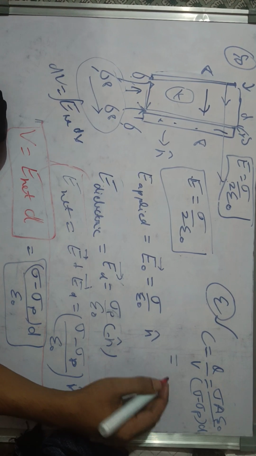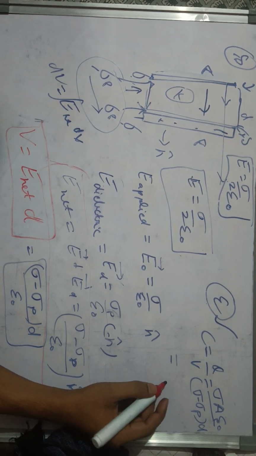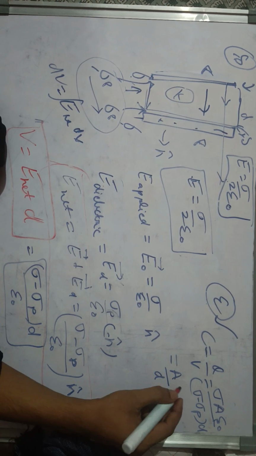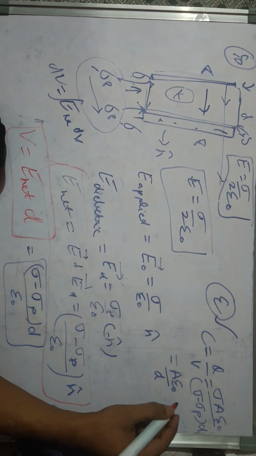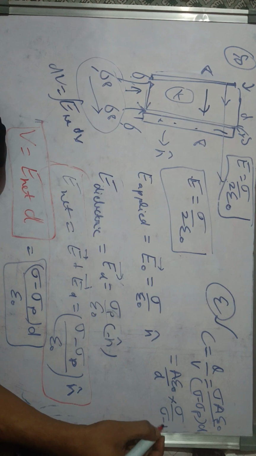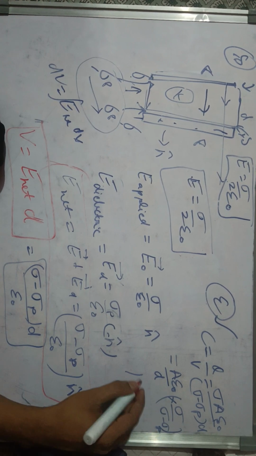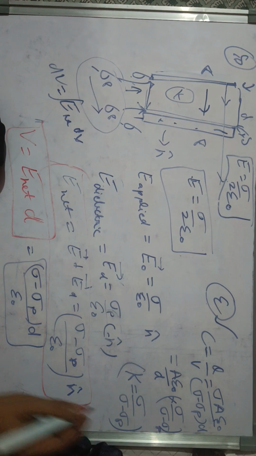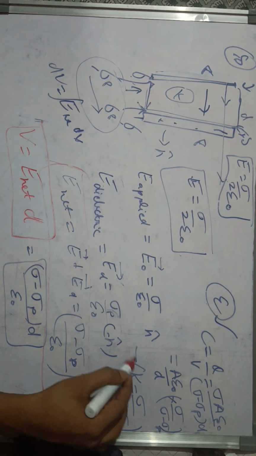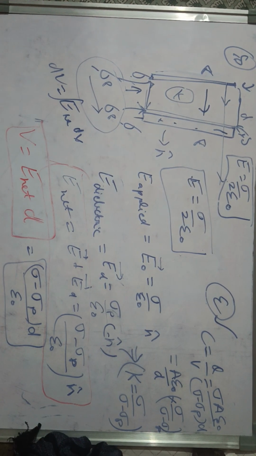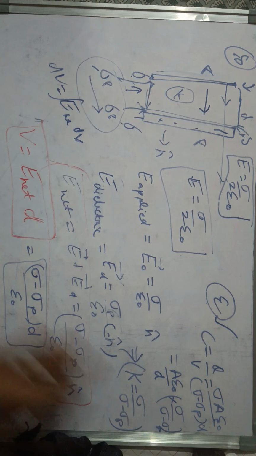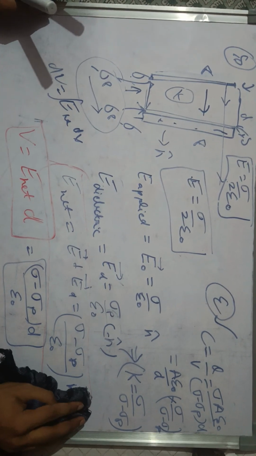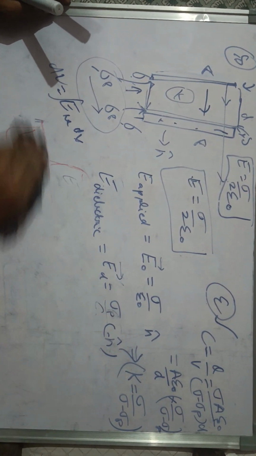Now this value is equal to epsilon naught A by D into sigma upon sigma minus sigma p. The dielectric constant is equal to sigma upon sigma minus sigma p. That is the result here. This ratio, sigma upon sigma minus sigma p, is called the dielectric constant. This is the factor by which the electric field is